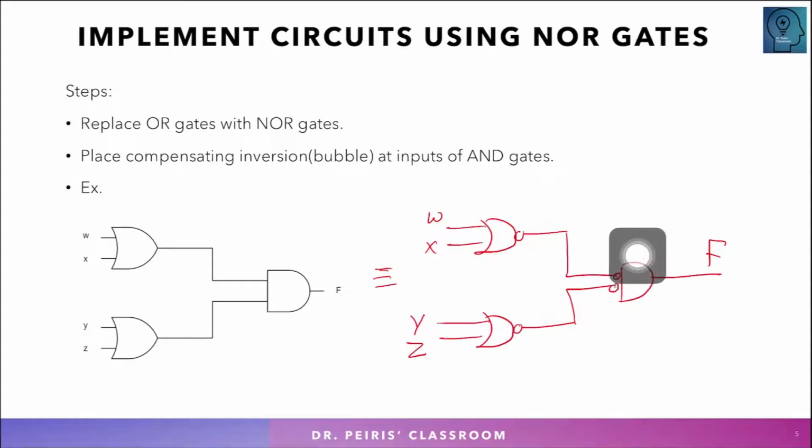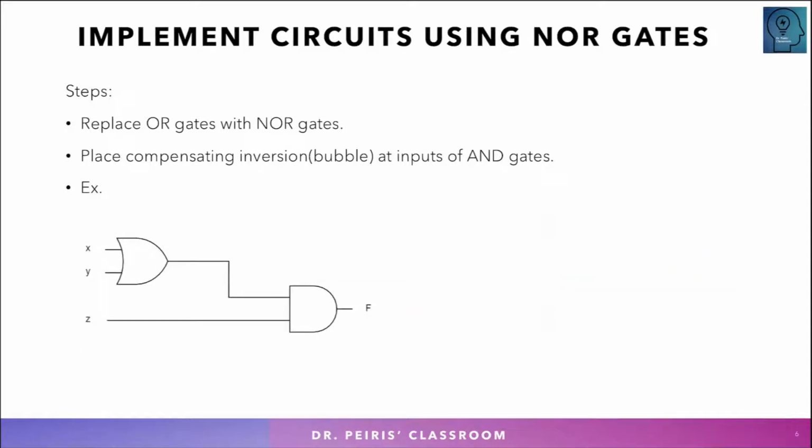So this is the other symbol for the 2 input NOR gate. This also represents a NOR gate. Now this bubble and this bubble compensate each other, which means there is no change done to the original circuit. Same thing happened here, the bubbles compensate each other, so we haven't done any alterations to the original circuit. So this circuit is with all NOR gates. This is the same circuit but implemented with only NOR gates.